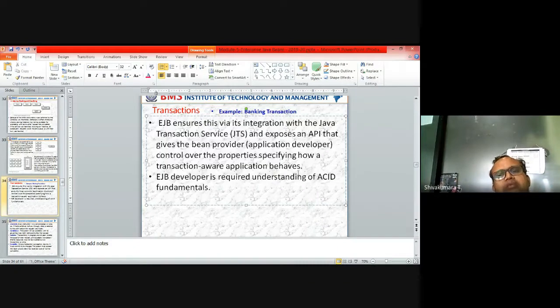I am not talking about EJB as a complex concept, nor a simple application. It is complex, for real-time applications. So in that case, if you need to define the payment gateway interfaces, you need to include the APIs which are supported for the gateway interfaces. See, EJB ensures this via its integration with the Java Transaction Service, that is JTS, and exposes an API that gives the bean provider control over the properties specifying how a